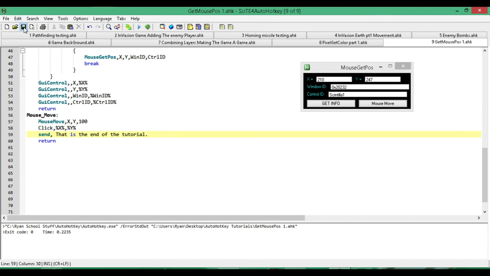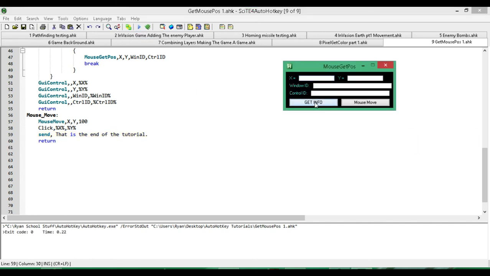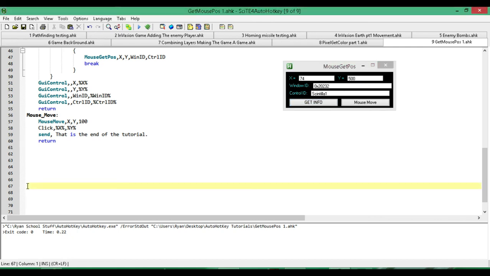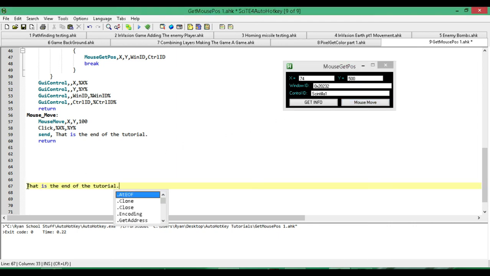Okay, so here we go. GetInfo, I'm going to select line 67. And now what I'm going to do is this. Here, let me put that up there. I'm going to hit mouse move, and it should move my mouse there. Then click there, and then send that sentence. Okay,